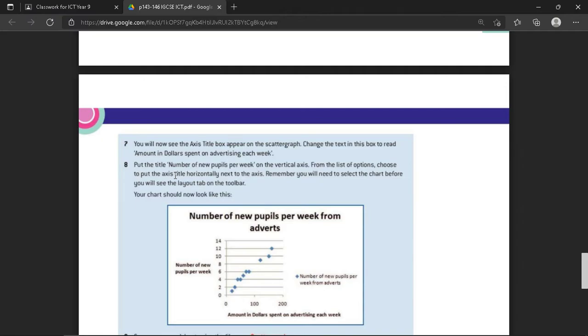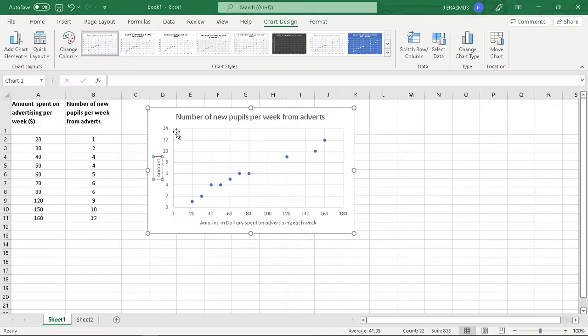That doesn't make sense. Oh, I read the wrong one. It's put the title number of new pupils per week on the vertical axis. Okay, so we just put in the number of new pupils